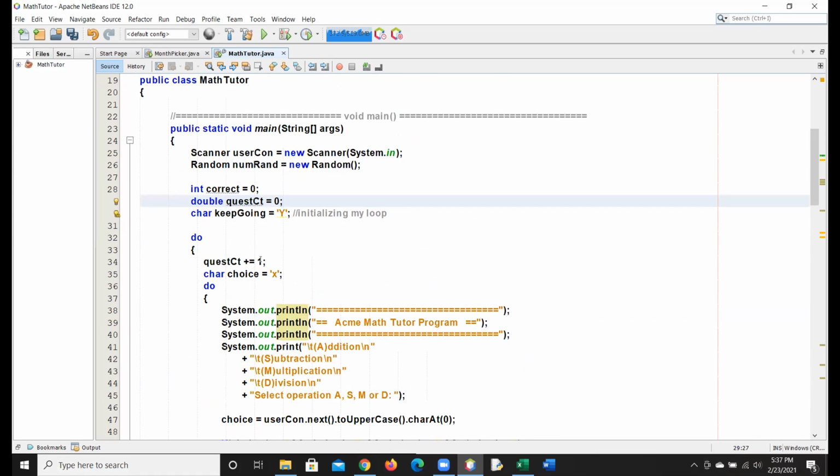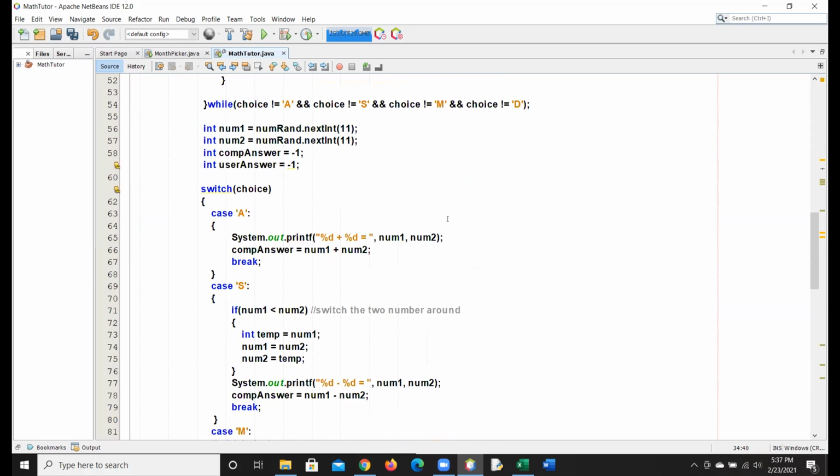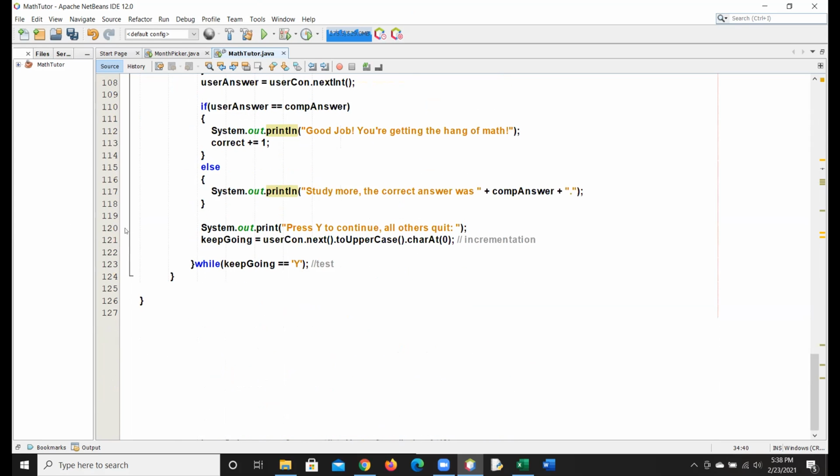So we'll say questionCount plus equals 1.0 here. And then we're going to come all the way outside, when we exit the program for the day. After they've quit, they don't want to play anymore, we're going to say